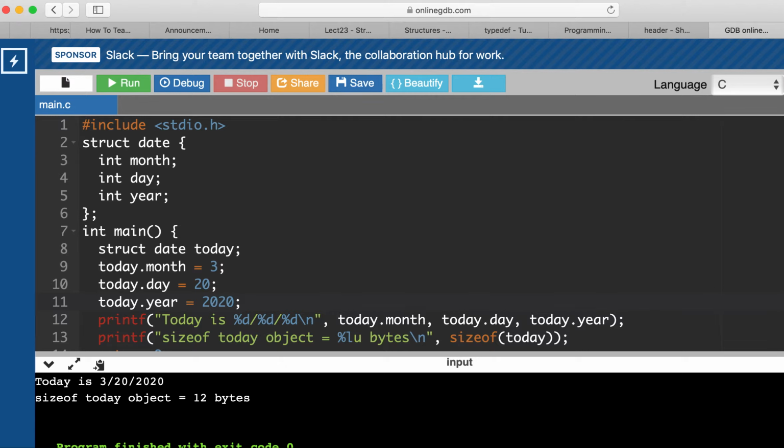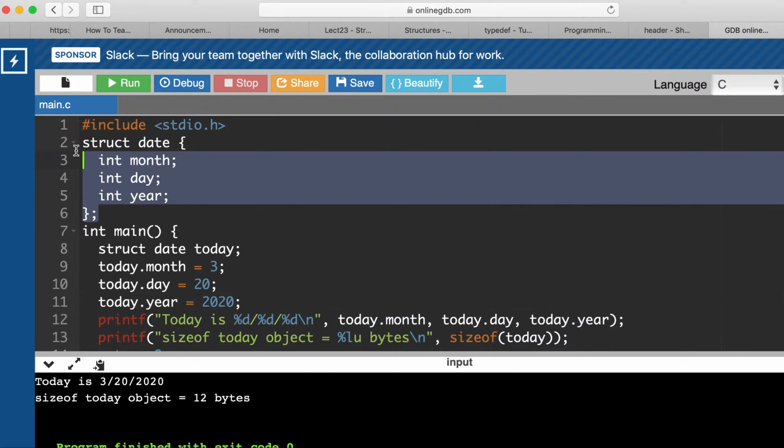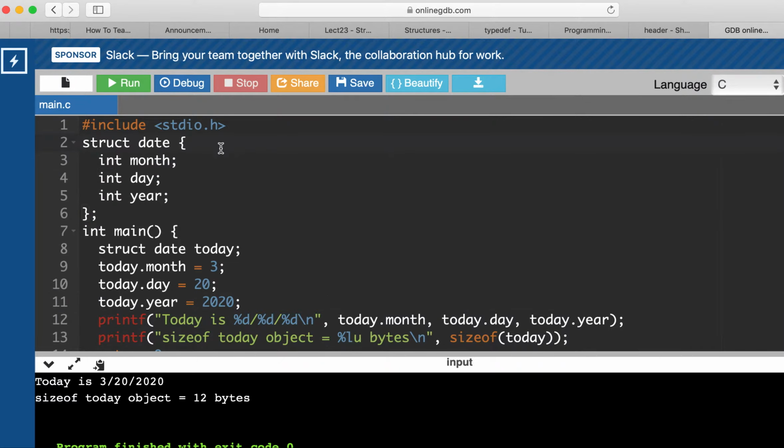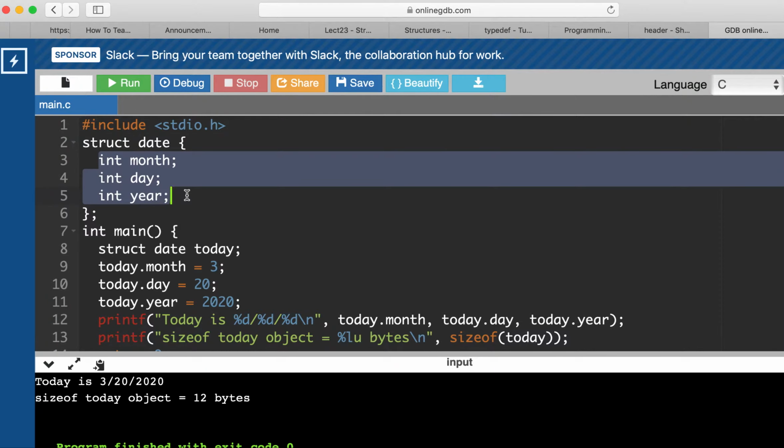This is a follow-up to my last video where I introduced structures. I just want to give you another example, and then we're going to go into some other topics. So here I've got a little structure, a date structure that's made up of a month and a day and a year. We call these the members of that structure, and this is creating a new data type